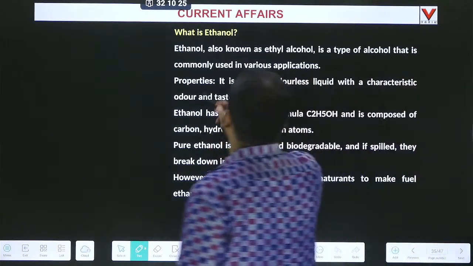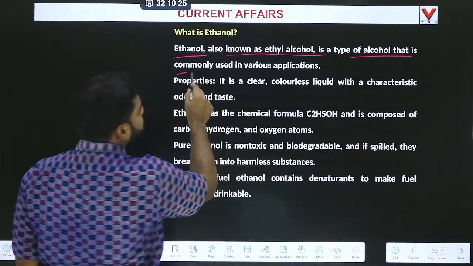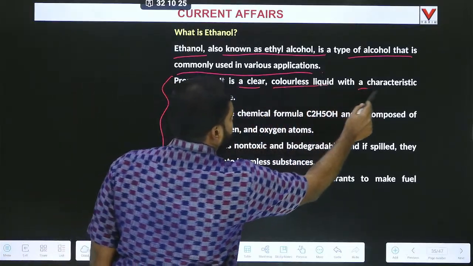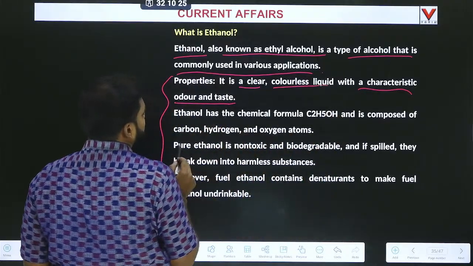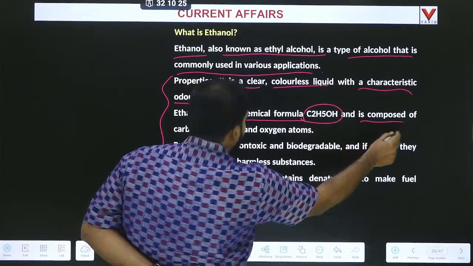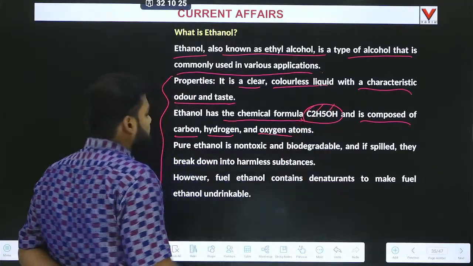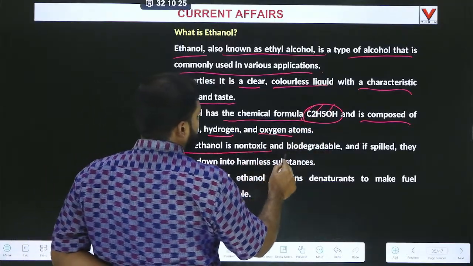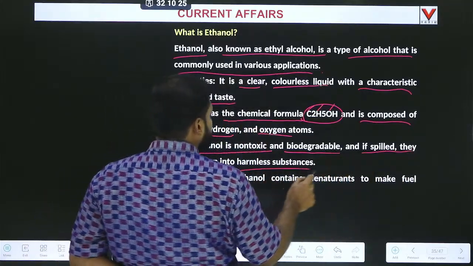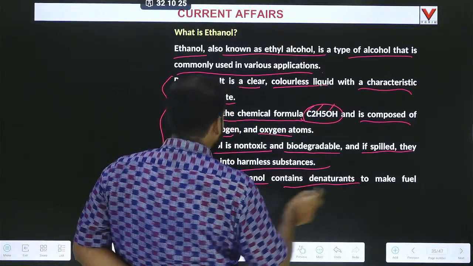Okay, what is ethanol? Ethanol, also known as ethyl alcohol, is a type of alcohol that is commonly used in various applications. Properties: it is a clear colorless liquid with a characteristic odor and taste. Ethanol has the chemical formula C2H5OH and is composed of carbon, hydrogen and oxygen. Pure ethanol is non-toxic and biodegradable. Please remember this. If spilled, it breaks down into harmless substances, right? However, fuel ethanol contains denaturants to make fuel ethanol